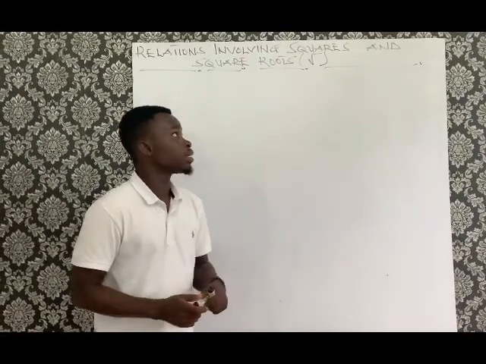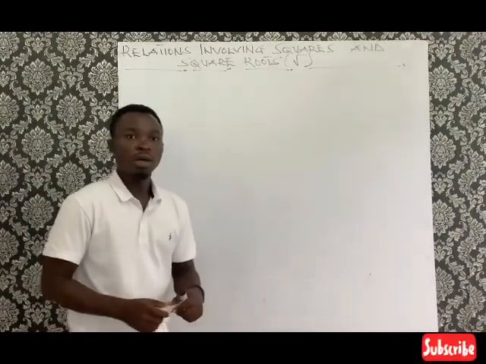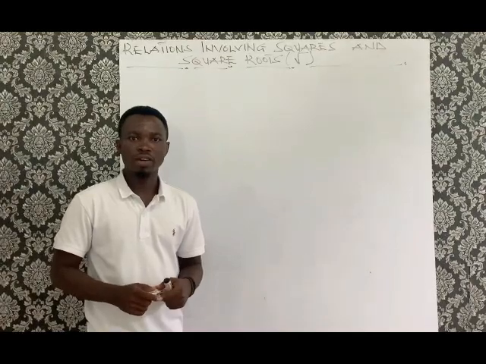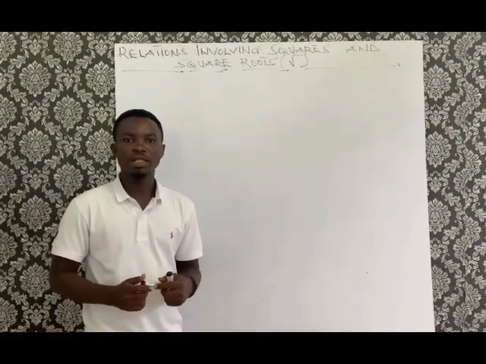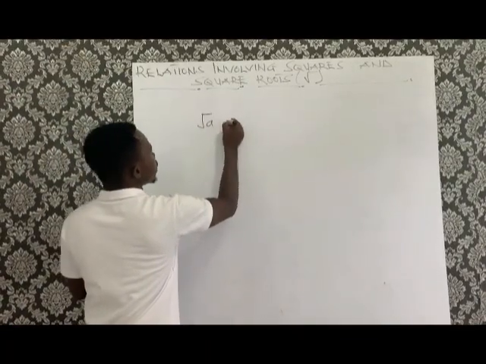Now let's look at relations involving squares and square root sign. Whenever a relation involves a square root sign, we first square both sides of the relation to get rid of the square root sign. For example, when you have root of A equal to B,